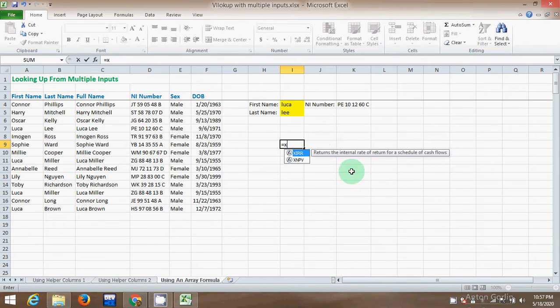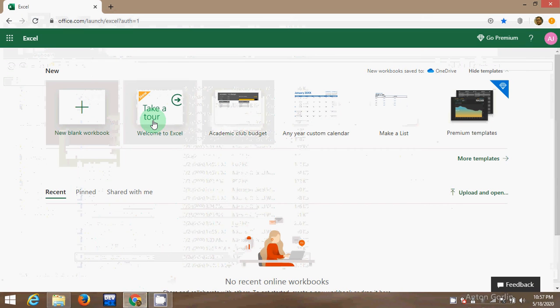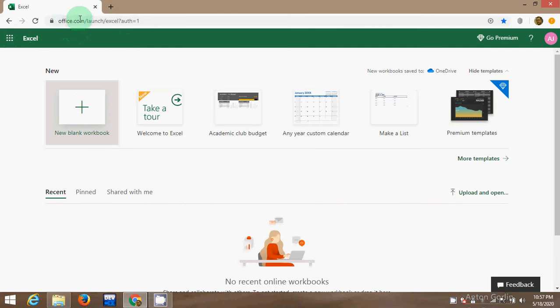It is available in Office 365 or higher versions, that is 2016 and 2019, but this is Excel 2010, so it doesn't support the XLOOKUP function. So I am going to Office 365 2019. I am going to open it on the internet, that is office.com. I have not installed it on my system right now, so I show you directly with Microsoft Office.com.